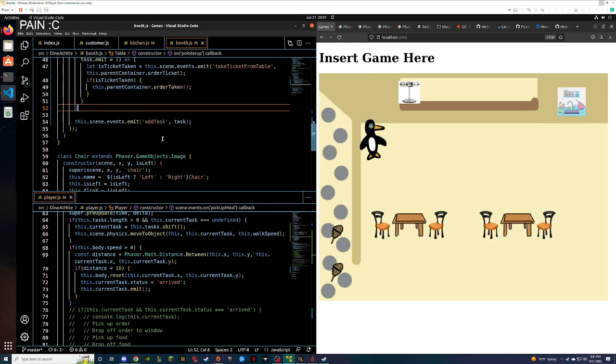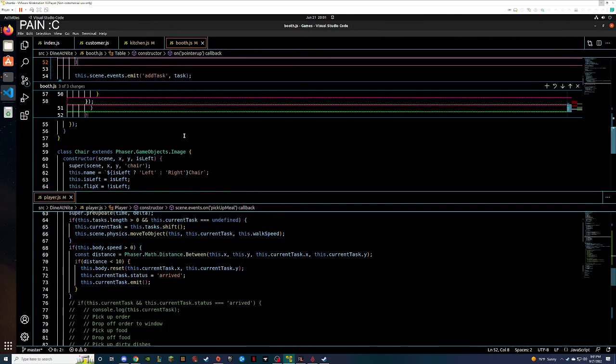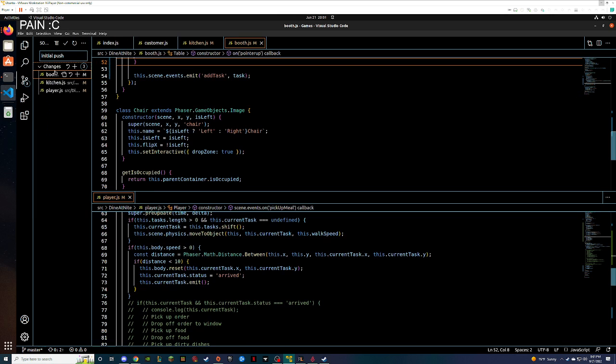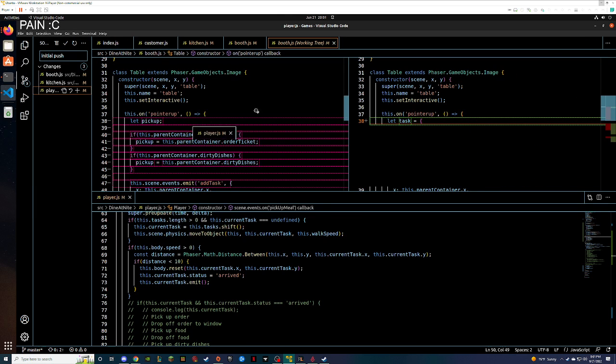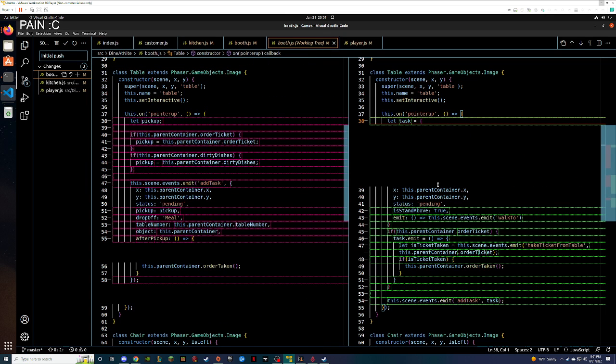Where's my booth? Oh, I deleted it all, didn't I? Did I? We're just gonna move this up here for now. Because what this does is it shows me the changes I've made. Which is not the nicest thing, but this is what it was before.